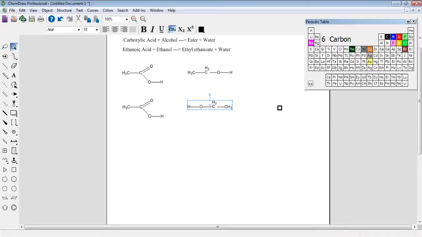Point number 2, you might want to note it down, is that you need to invert the structure of alcohol sideways। जो लेफ्ट साइड है वो राइट साइड आ जाए, जो राइट है वो लेफ्ट हो जाए। आप देखेंगे मैंने एग्जैक्टली इसे साइडवेज इन्वर्ट कर दिया। एसिड को इन्वर्ट नहीं किया, अल्कोहल को इन्वर्ट किया। That is our second step।